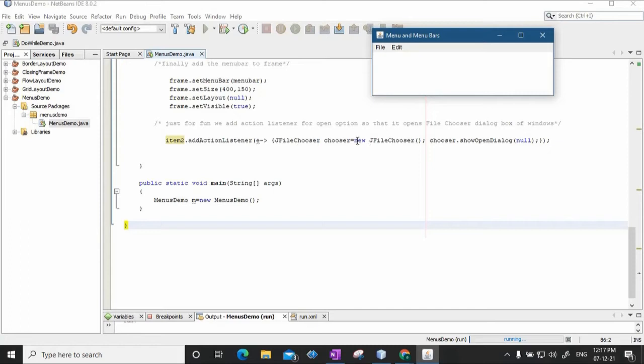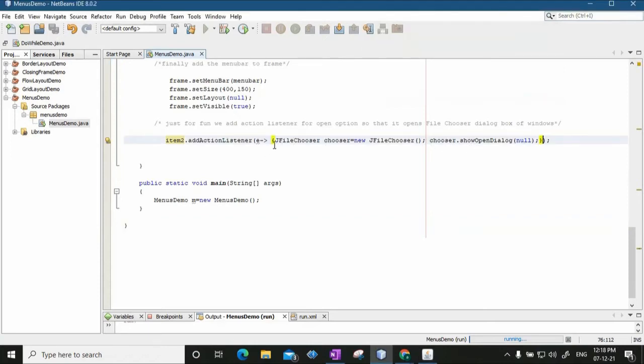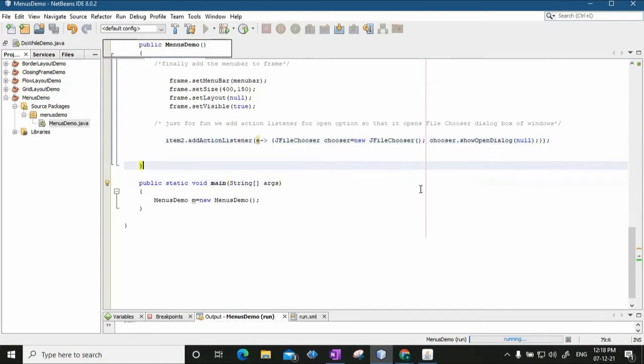After this line there is another line: this chooser object is going to call the method showOpenDialog, which is going to open and show you an open dialog box. This is the first line, this is the second line, and together we have placed them in a compound statement here. The action listener event e is pointing to this particular thing. This is basically called a lambda expression, which we are going to see later.